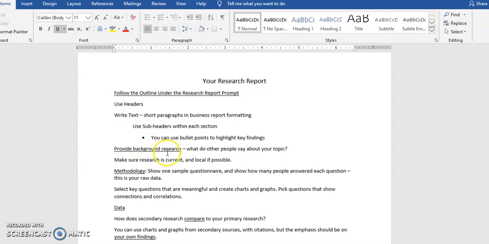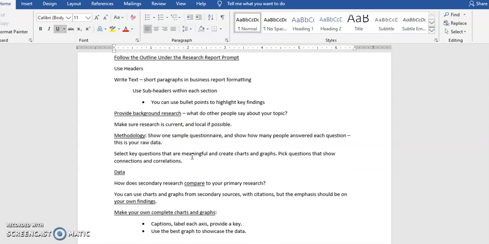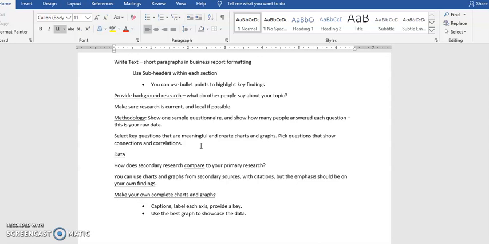You're going to provide background research where you talk about what you learned from your secondary sources. Now, you're also going to show me in the methodology a sample questionnaire. I call that your raw data. So just show me a questionnaire in which you filled in how many people answered each question each way. Once you've done that, you're going to have a pretty good sense of what questions are most important. You don't need to show me a graph for every single question. Some things can simply be described with narrative text. Select the key questions that are the most meaningful and make your charts and graphs to show the patterns, trends,